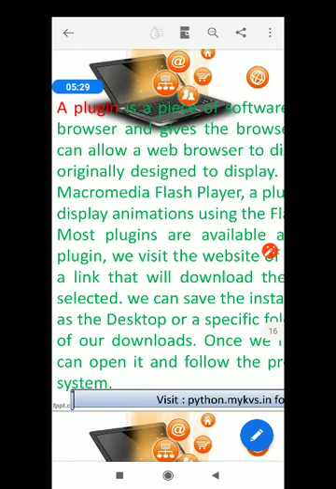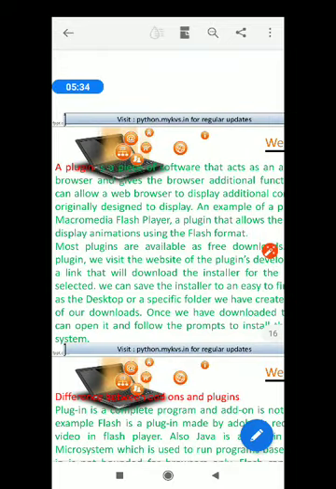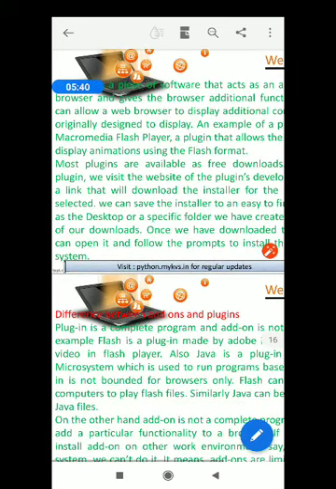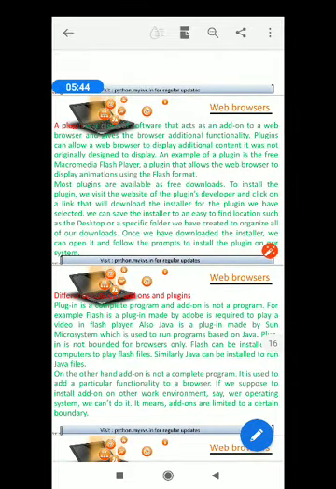So note down, Macromedia Flash Player is an important plugin used to display animation using a flash format. Most of the plugins you will get as free downloads. You only have to install them.